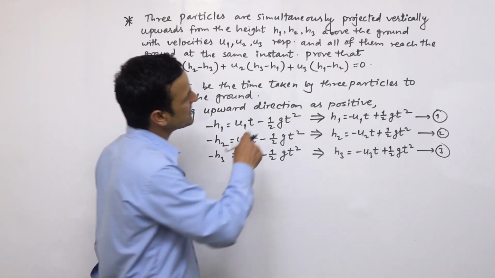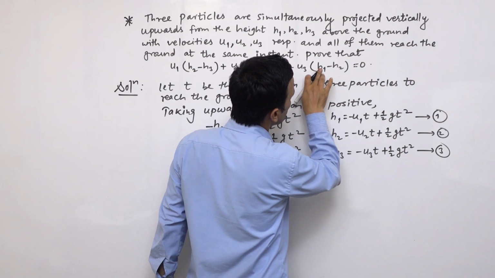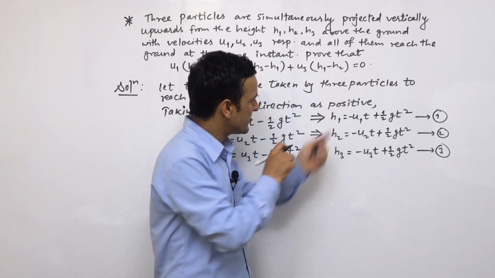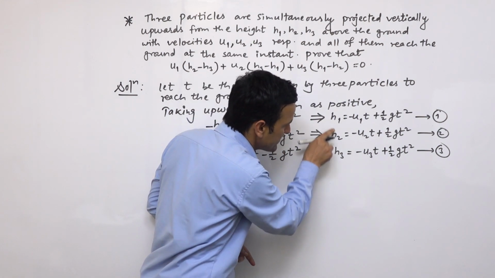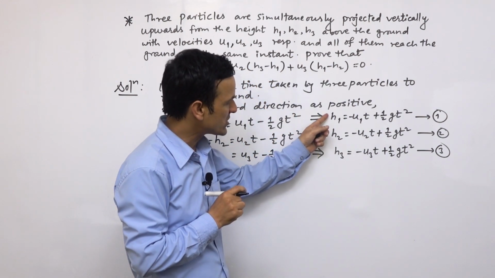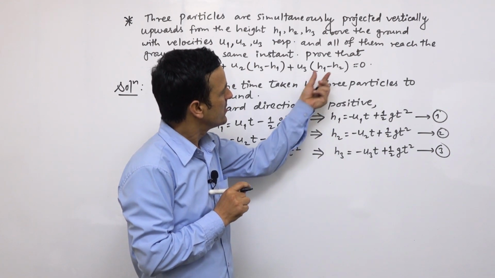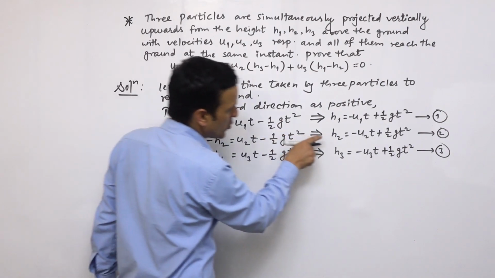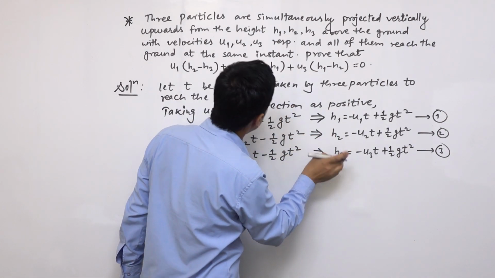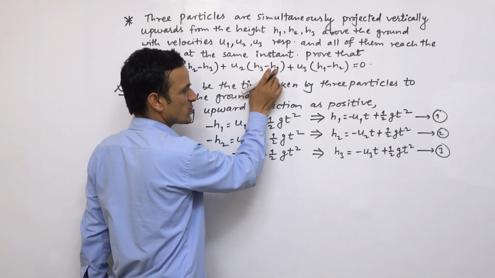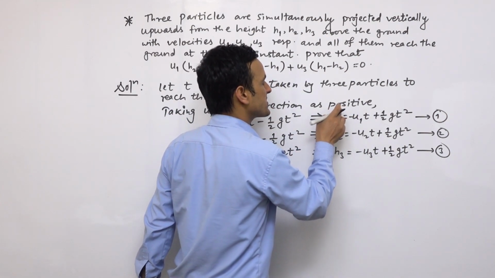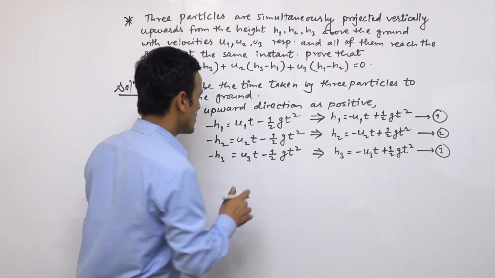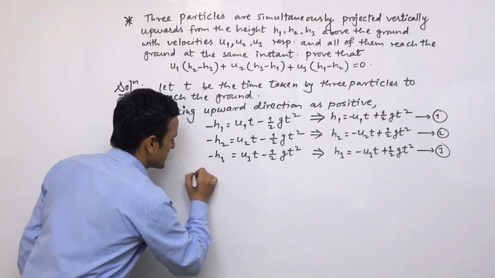Now we have to show the value of h1 minus h2. So यदि ब्रैकेट में h1 minus h2 छ भने यहाँ पनि h1 र h2 छ. So this minus this, we have to do this one, h1 minus h2 for this equation, and we also have h2 minus h3, so we have to subtract this minus this, and again we have h3 minus h1, so this minus this, so we will do that from these 3 equations. So let's see, subtracting,